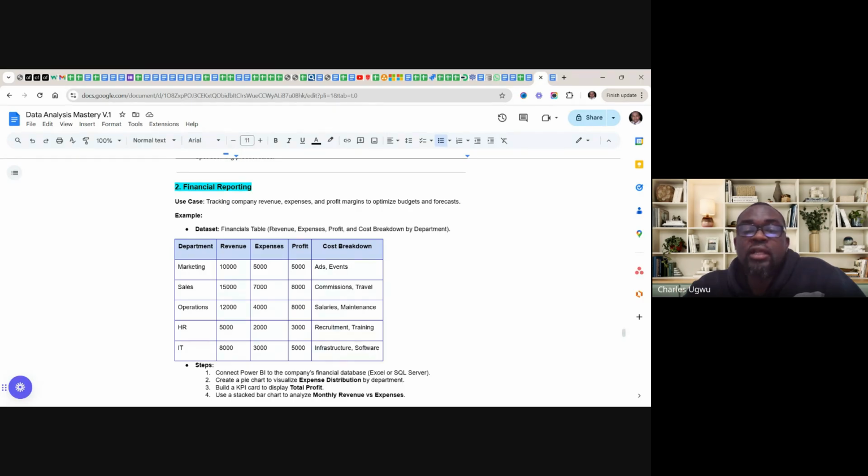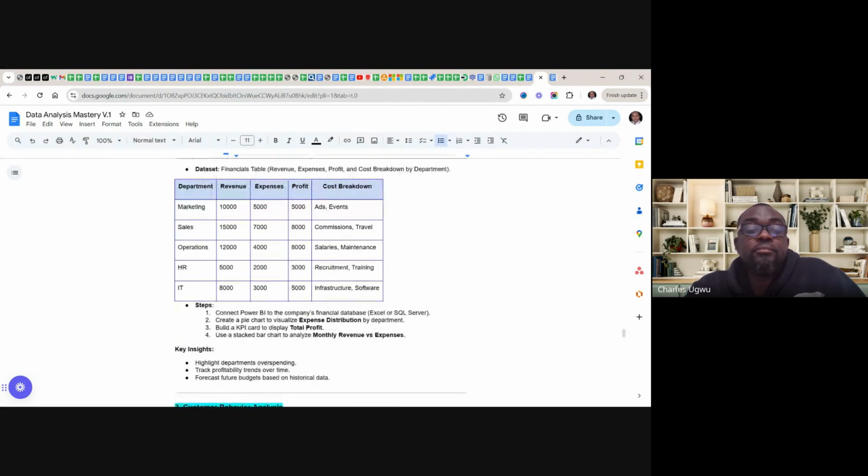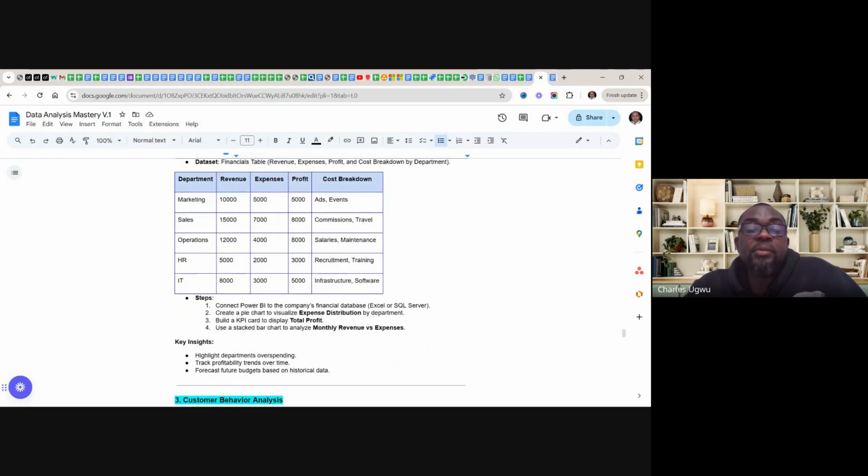So if you need to analyze this as a BA using Power BI, you connect Power BI to the company's financial data, if it's in Excel or SQL Server. Create a pie chart to visualize expense distribution by department, build a KPI card to display total profit, and use a stacked bar chart to analyze monthly revenue versus expenses.